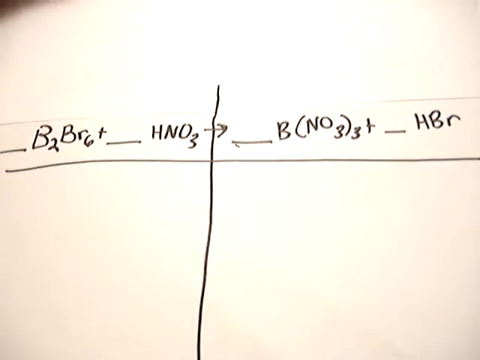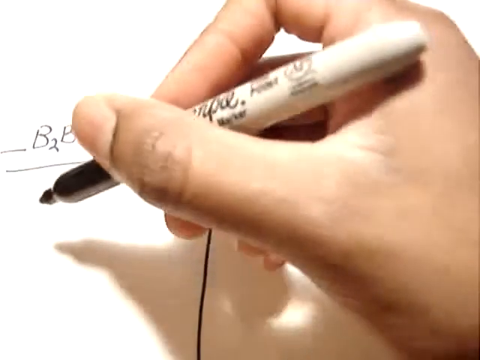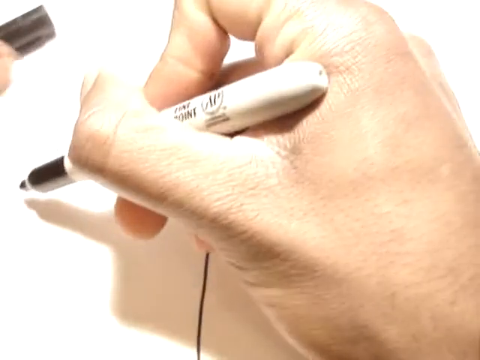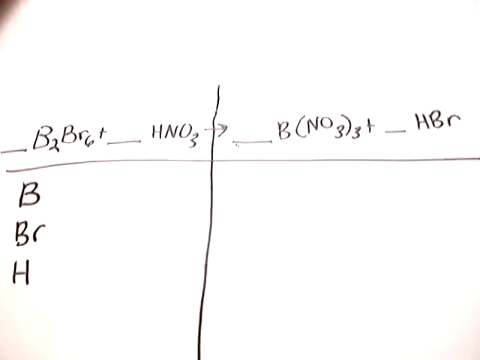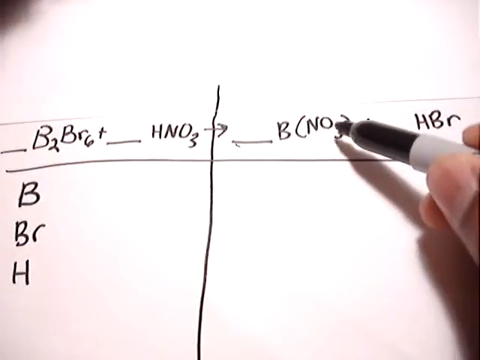Okay, next thing you want to do, now that you have separated the reactants from the products, is underline them. Next, we are going to identify the atoms involved. Here, on the left side, we have a B involved, and we have a BR, we have an H, and we also, since the